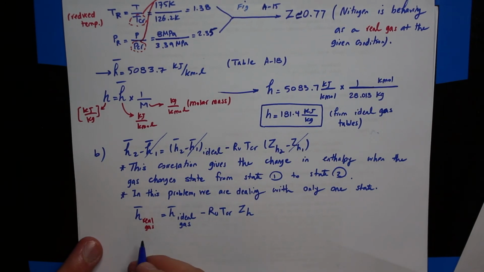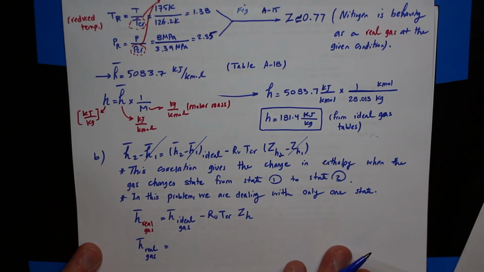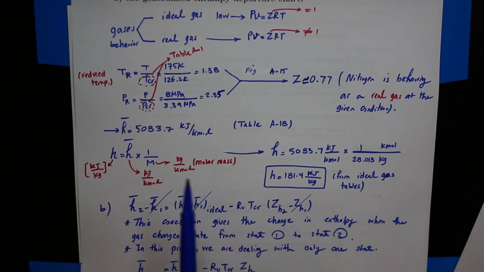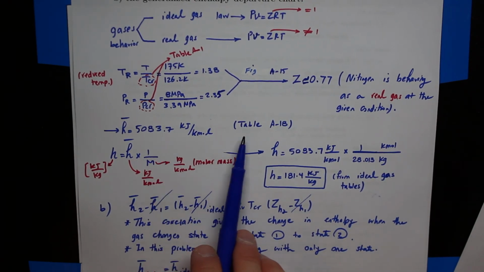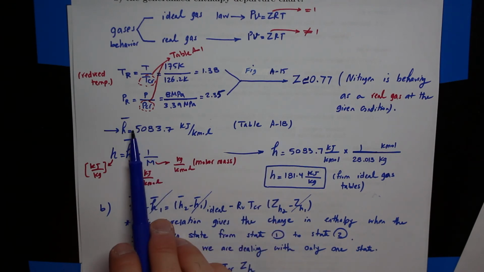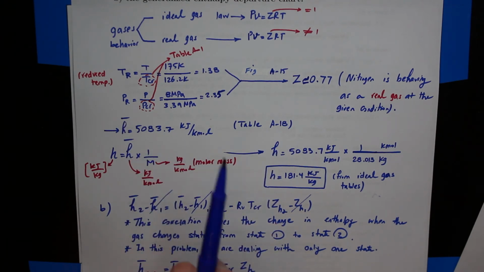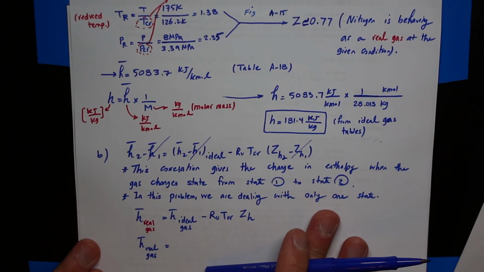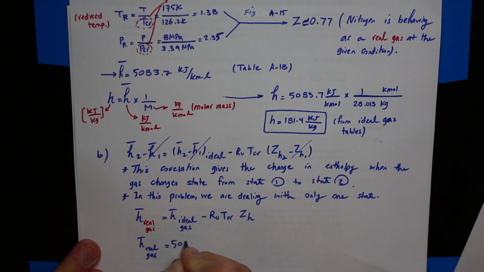So basically, H bar real gas is equal to, instead of this H bar ideal gas, I am going to use this value because this is the one that we got from the ideal gas table, and that is also in H bar. So 5083.7 kilojoule per kilomole